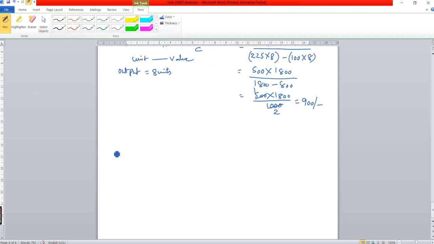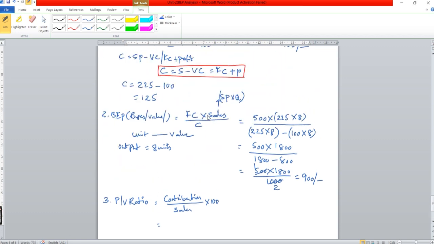And one more item, the third one, PV ratio. PV ratio means profit volume ratio. This can be calculated using this formula: contribution by sales into 100. So we know the contribution per unit,